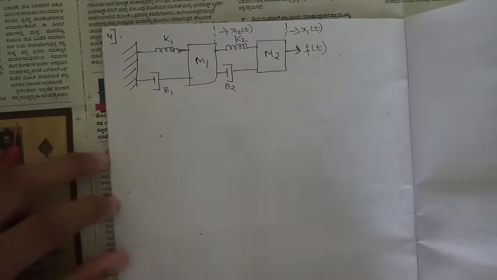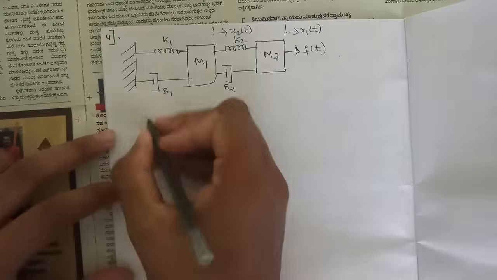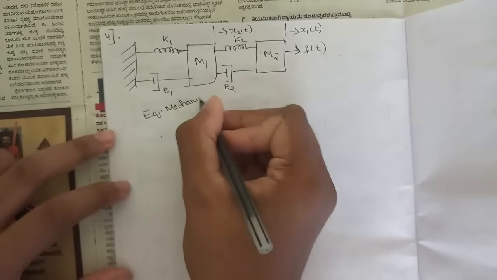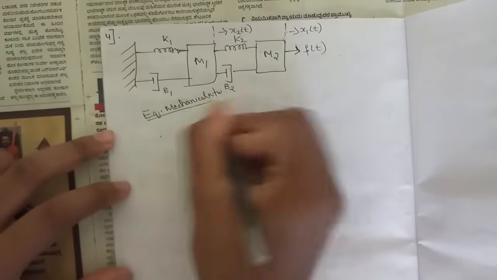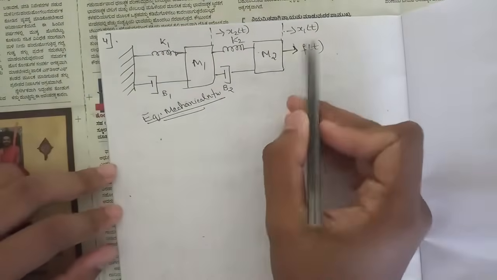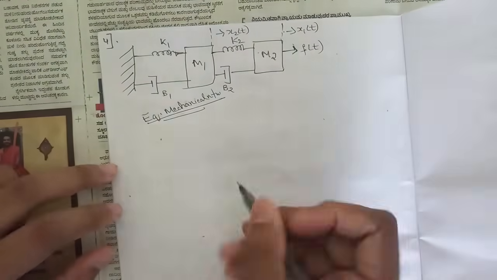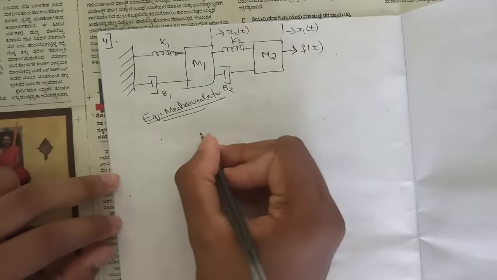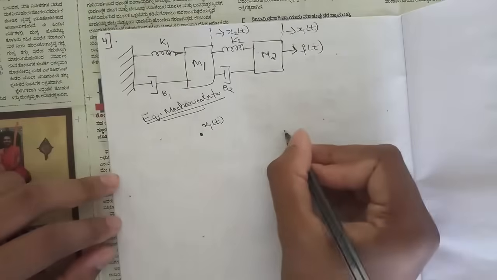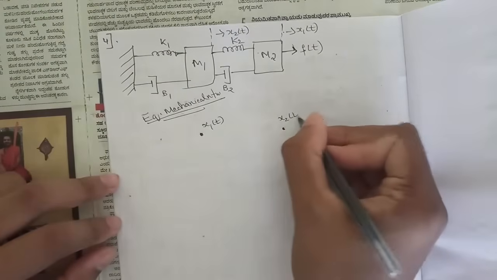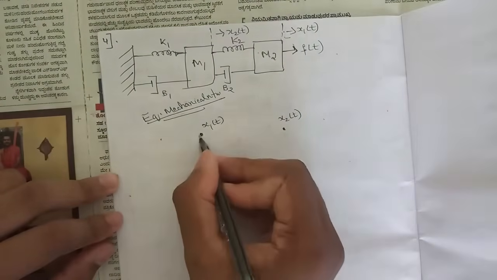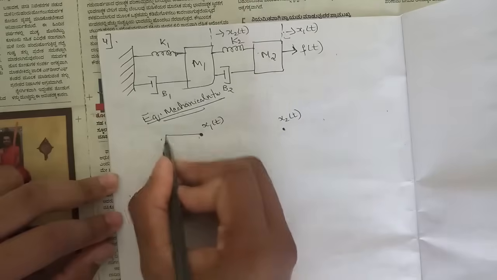So first thing, let's write the equivalent mechanical network. The first step we need to write is the equivalent mechanical network. We have two displacements here, x1 of t and x2 of t, so represent them using nodes, x1 of t and x2 of t. In x1 of t, this force is exerted, so draw a force f of t